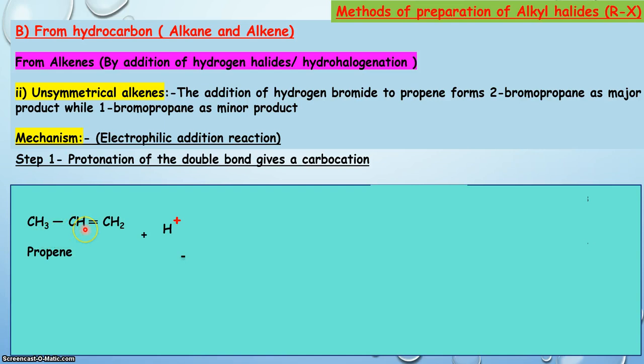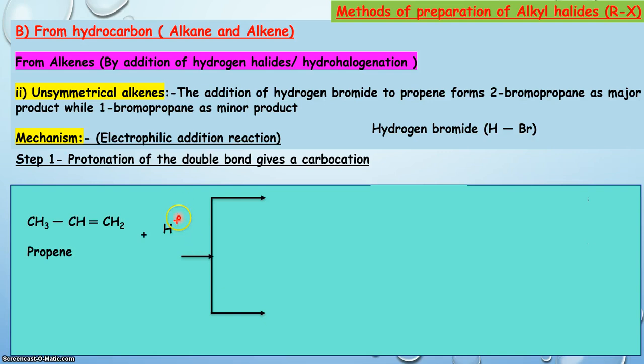The pi electrons of the double bond are not strongly bonded to the carbon nucleus, so they are more exposed. This carbon-carbon double bond is now an electron rich center, and it will act as a supplier of electrons to the electron deficient species, that is the electrophilic reagent. This reaction is an electrophilic addition reaction. During this reaction, the pi bond attacks the electrophile and forms a carbocation. You can notice, students, that this attack of the pi bond on the electrophile can result in the formation of two carbocations.